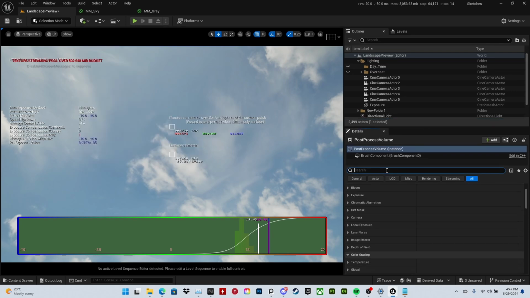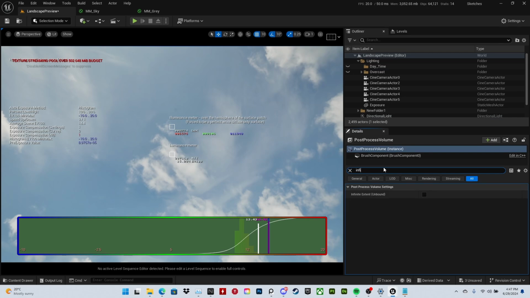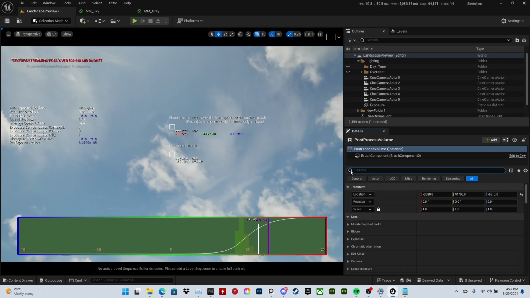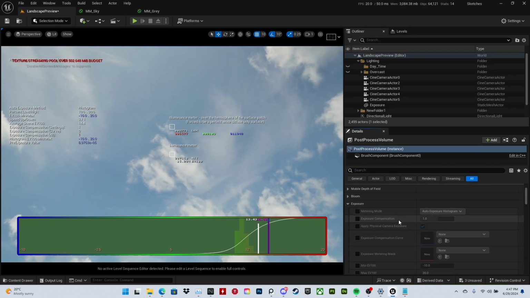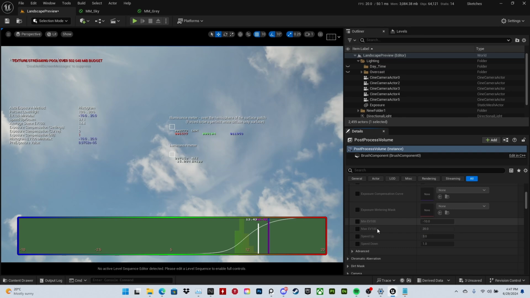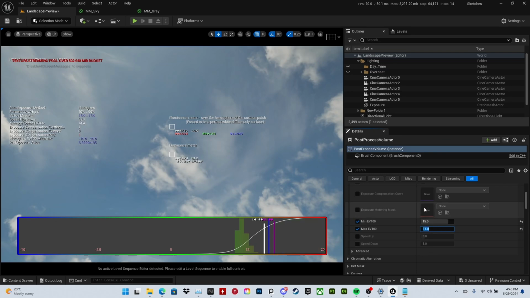We are going to make sure that this is infinite so that it covers pretty much the entire environment that you guys are doing. And under the exposure tab, you're going to see min EV100 and max EV100. And pretty much what we want is to match what we have in here as a measurement. All right, so 15, then we can set it up as 15. And our values are going to get locked in,